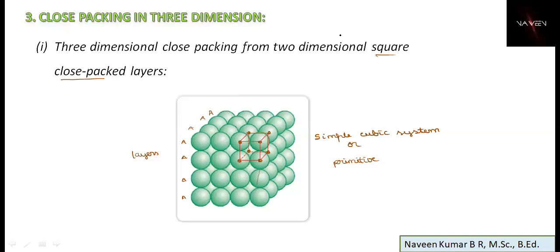So with this, we'll stop for today's class. There is a small continuation, so we'll complete the arrangement in the next class. It will be hexagonal close packing in three dimensions. We'll understand the types of voids, that is tetrahedral and octahedral voids, and complete that, and we'll go for the packing efficiency calculations in our next class. So just focus on these diagrams and the information.